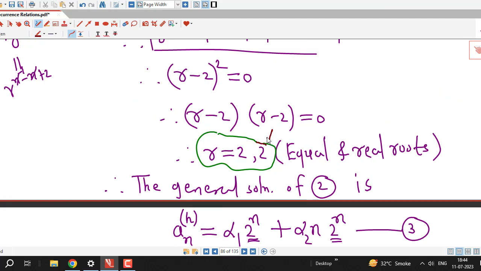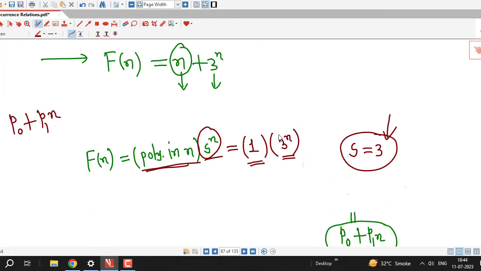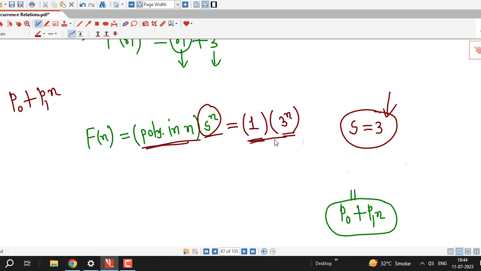So obviously not, s equal to 3 is not a root of the characteristic equation. So corresponding to this part, our choice will be, this is 1, that is a polynomial of degree 0 or constant polynomial. So corresponding to 1, I will assume some arbitrary constant, say p2, since p0 and p1 are used here, and I will keep 3 raised to n as it is. Therefore the trial solution corresponding to 3 raised to n is p2 times 3 raised to n,